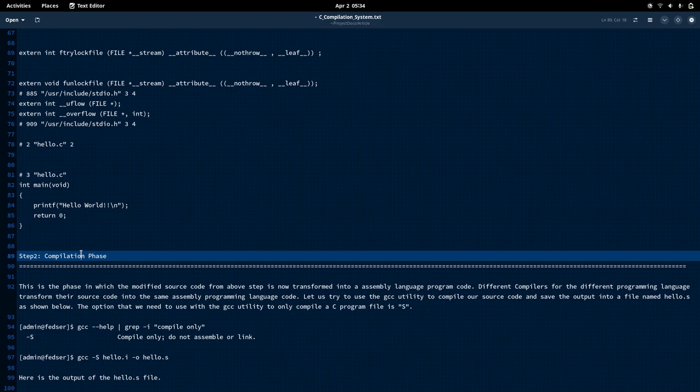If you're not aware of assembly language programming, that is fine. There is no need to understand that as of now. But assembly language is a language which is more relatable or understandable by the computer system.